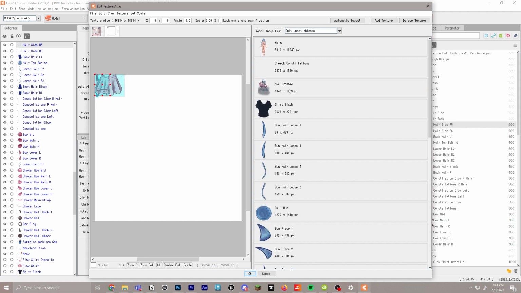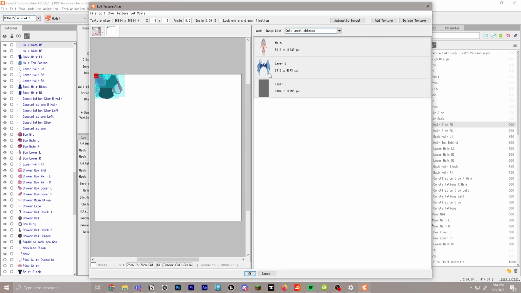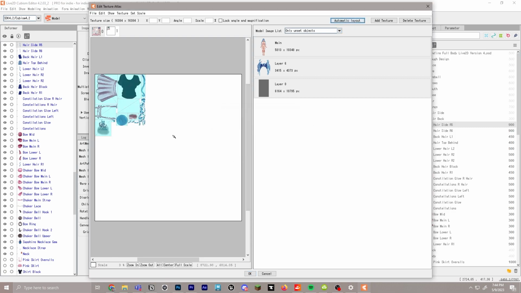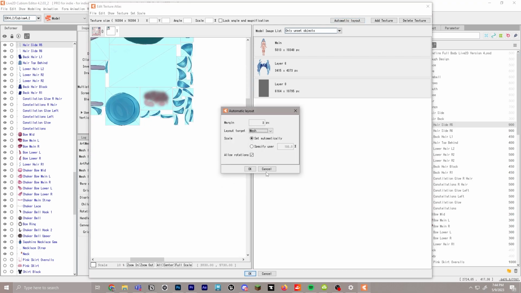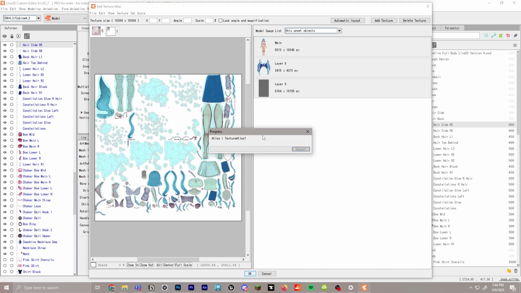Something you can do is just put everything onto the canvas. This one we don't actually need there, that's just her underneath. All right, so these pieces we don't need. These ones are all stacked here now. We can just click automatic layout, click OK, and then it should automatically separate it. Fantastic. Now we'll go back to our main one, and then we'll just click OK here at the bottom. And again, this will take quite a while. Sit back, relax, and enjoy.